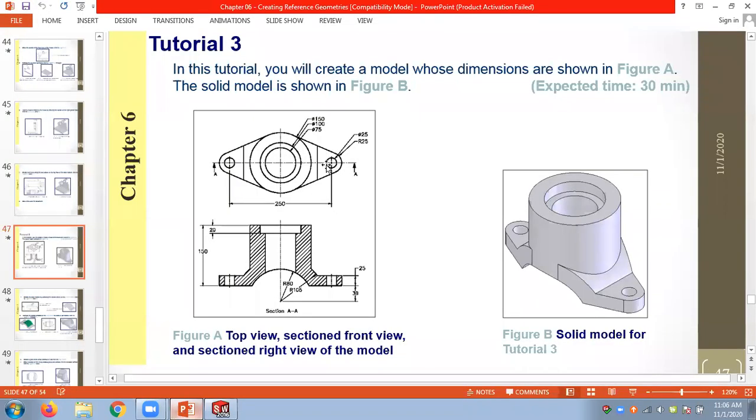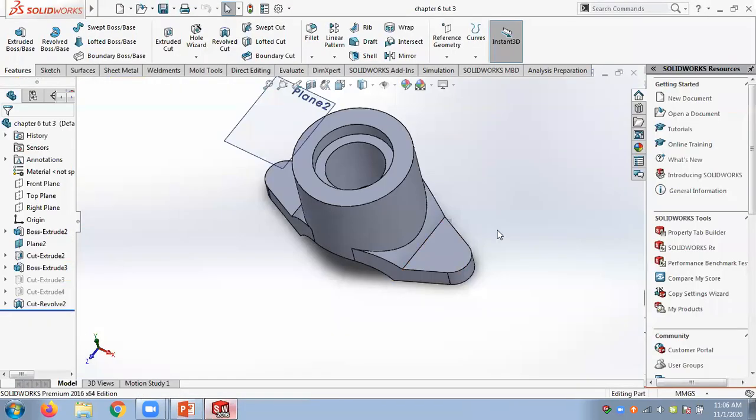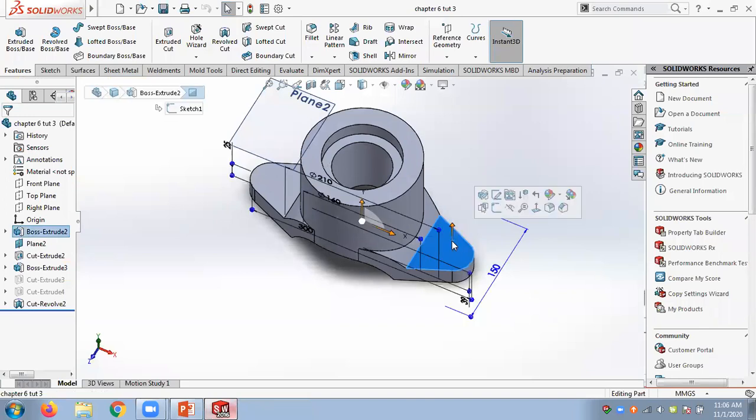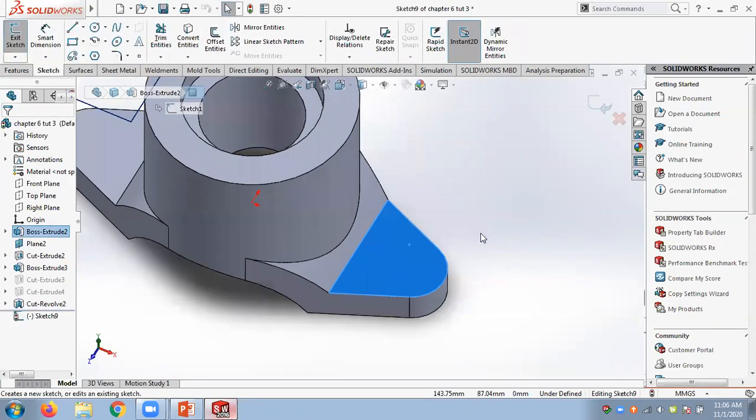So I have to drill this hole. It's 25 millimeters in diameter, 250 away. So we will select this as the sketch plane, and